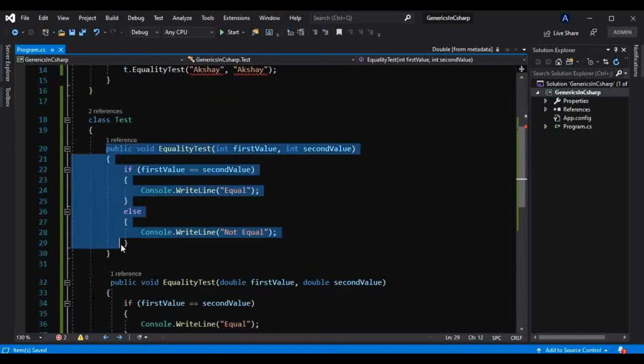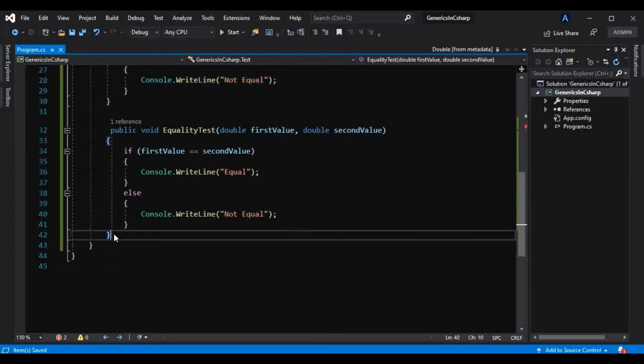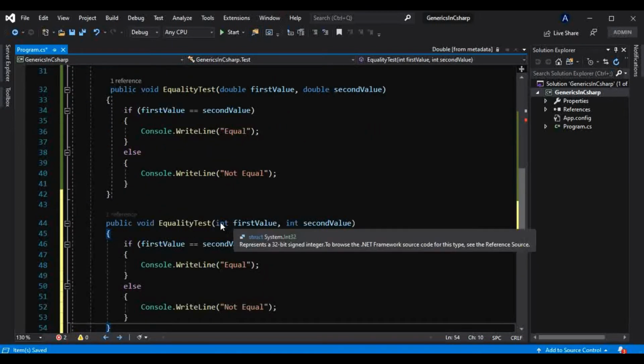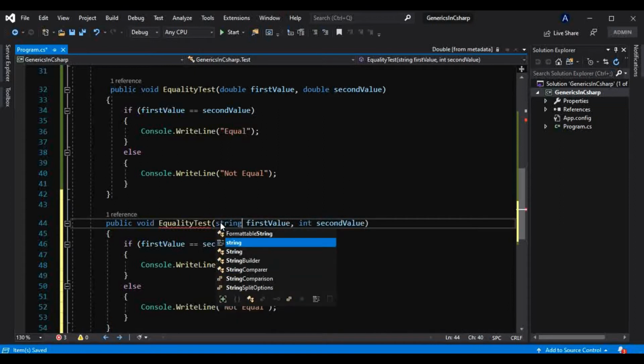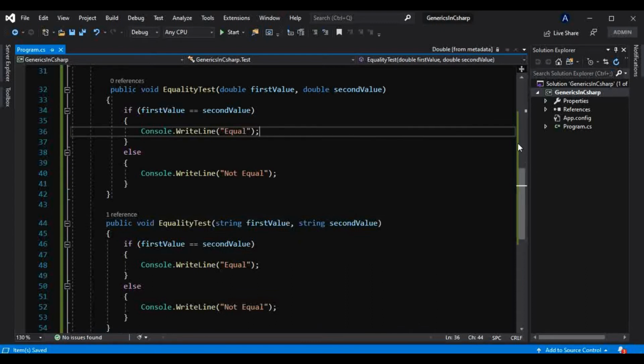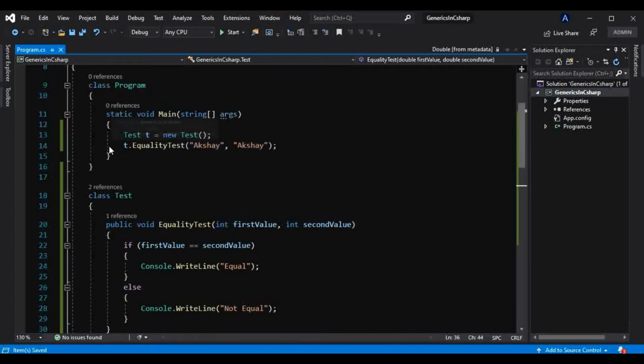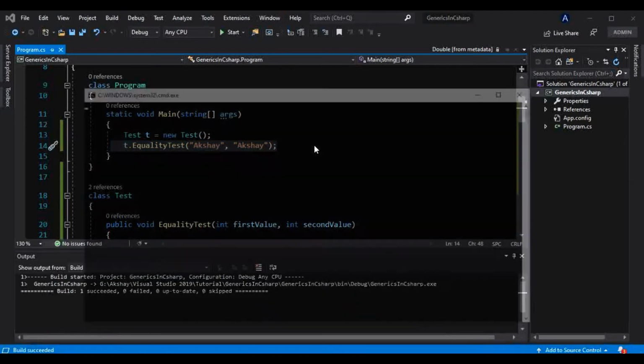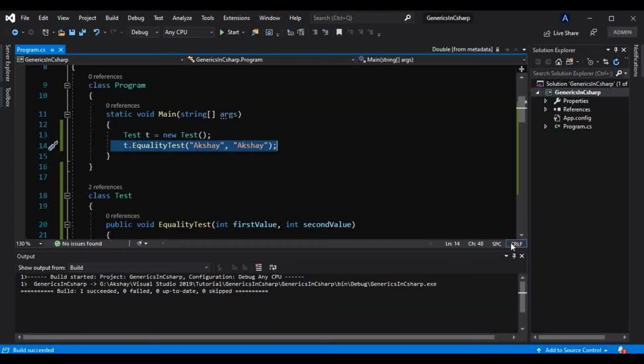But we can do that as well. Let's have another method which takes string instead of int, and as soon as I do that, we are able to pass strings in that method. It is not giving any error, and if I run, it should print equal. Fine, it is also working.